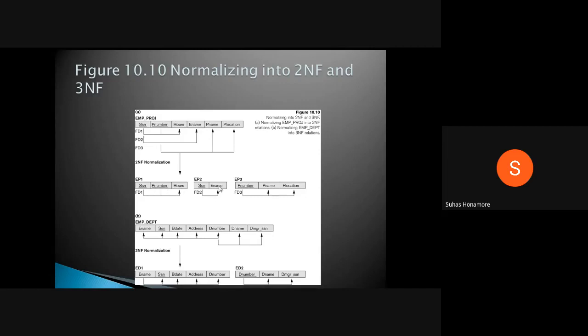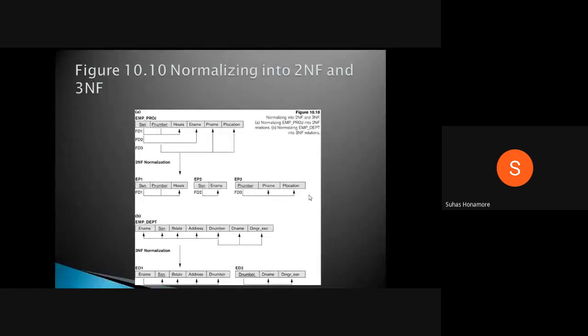Yes. So whichever dependency we took while removing FDs, those attributes we make primary keys in each table. Here SSN is a primary key, and p number is a primary key. E name is dependent on the primary key SSN, so this is also in 2NF. P name and p location are dependent on p number only, which is the primary key, so this is not a problem. All these three tables are in 2NF, so we say this relation schema R is in 2NF.